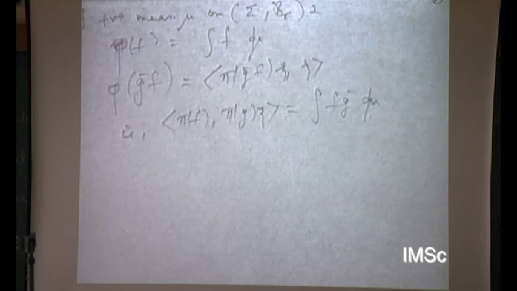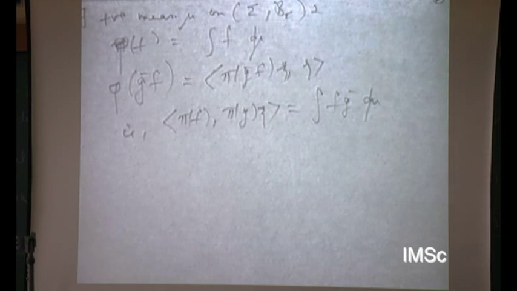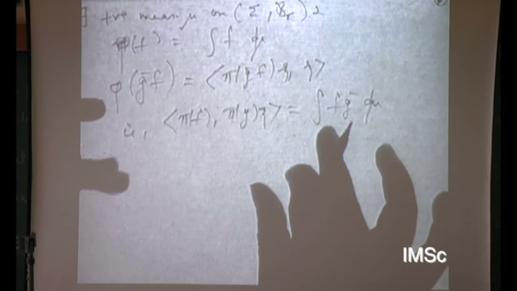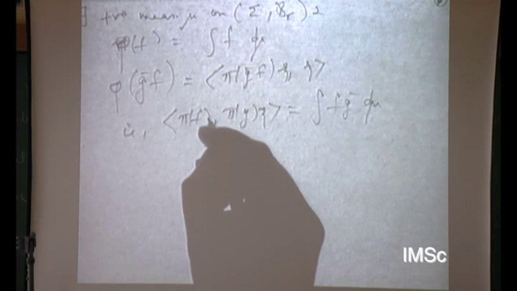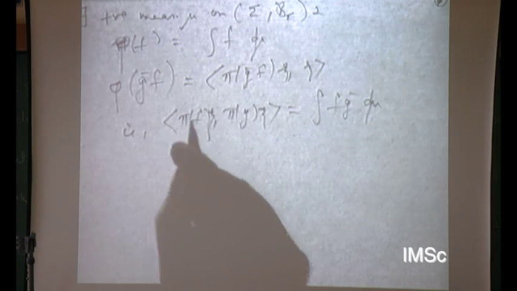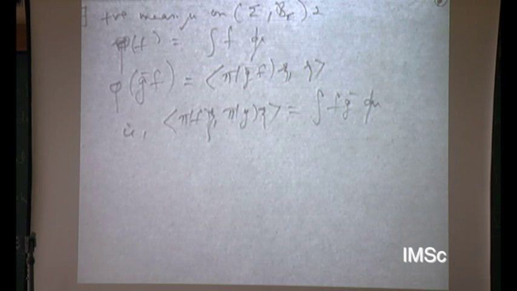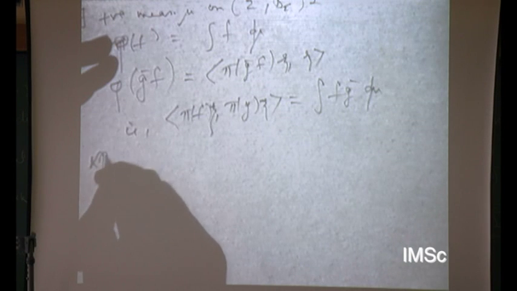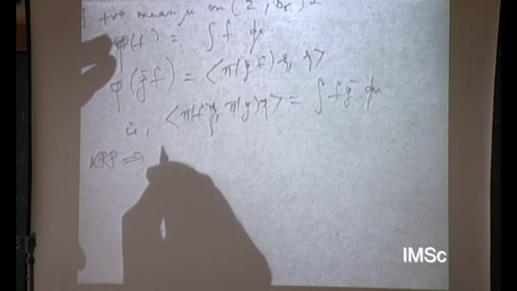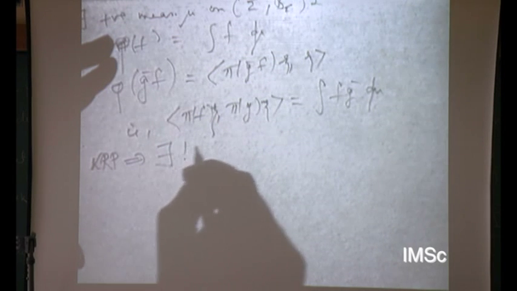So we are in exactly the situation that the KRP lemma is wanted. See, here the f's range over the continuous functions on sigma, which is a dense subspace of L2. Here the pi of f psi range over a dense subspace by hypothesis of cyclicity. So the KRP lemma implies that there exists a unique unitary